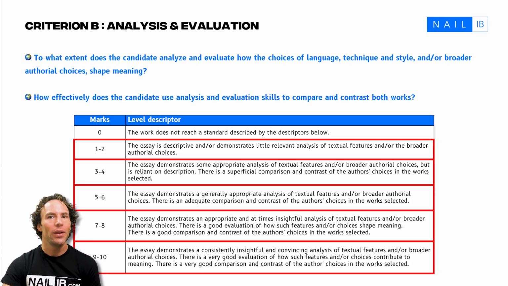At this level also, we are showing a much greater capacity for critical reflection. We can consider how these choices are contributing to the overall effectiveness of the text, and it is offering insights into the author's intentions, the broader implications of the choices made by the author, and how they're used to enrich the analysis. Like, the author has used them for what purpose, how, why, which shows a much deeper level of